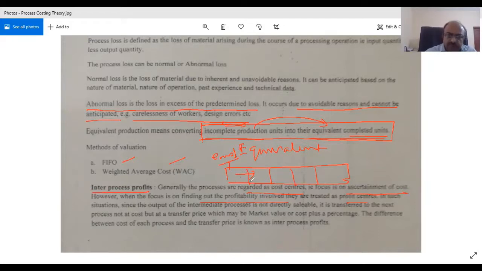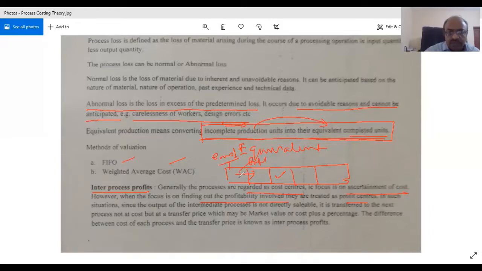Therefore, for the purpose of finding out the profit, because if I sell to an outsider, I'll get some profit. Therefore, please show that profit so that I can say that I am viable. Otherwise, it will not be known that I am making profit, because some other department may not be making profit. If you rate everything as cost, then nobody will know who is performing better than the other. In order to give some idea of the performance of each process, the concept of profit centers comes in. So each is a profit center.